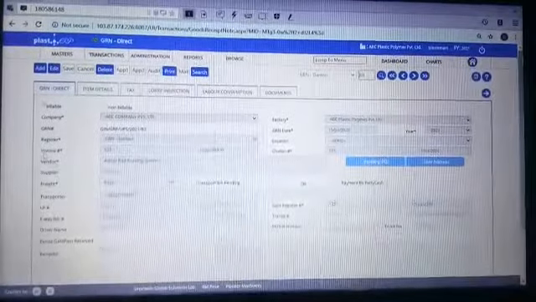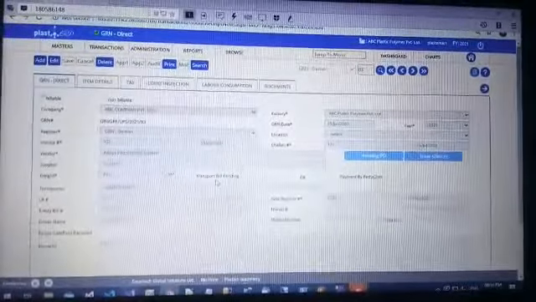Vendor. All sundry creditors are displayed and the user can select one of them. Freight. The user can select the freight option, whether it is paid or to pay. Transporter bill pending. This has to be selected when freight is to pay and the transporter bill has not been received during GRN.